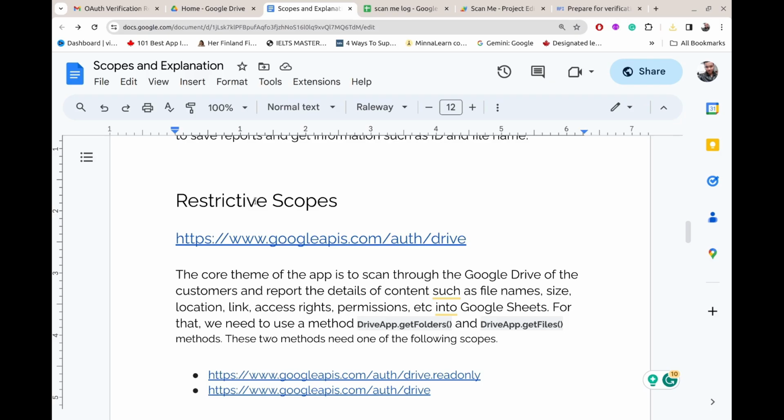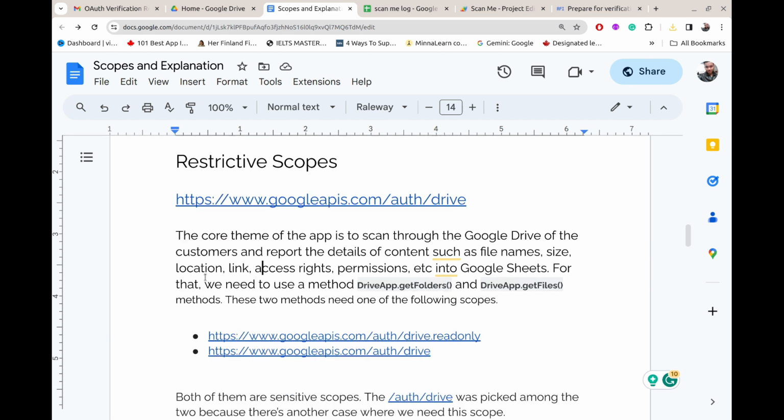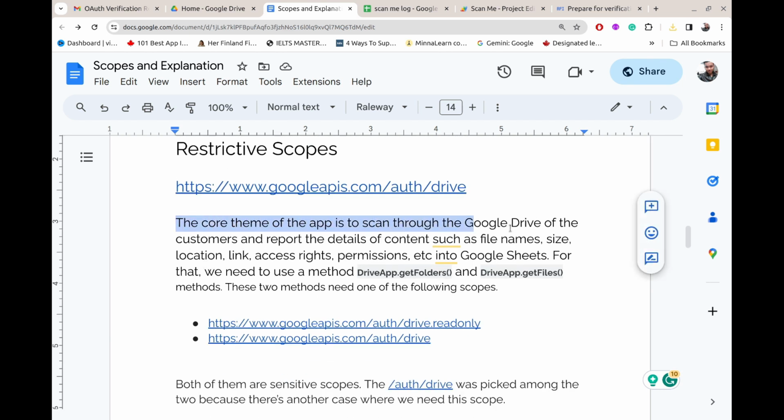And the last one is the restrictive scope, auth/drive. As I explained earlier, the core theme of this app is to scan through the Google Drive of the customers and report the details of such content, such as file names, size, location, link, access rights, permissions, etc., into Google Sheets. For that, we have to use the methods